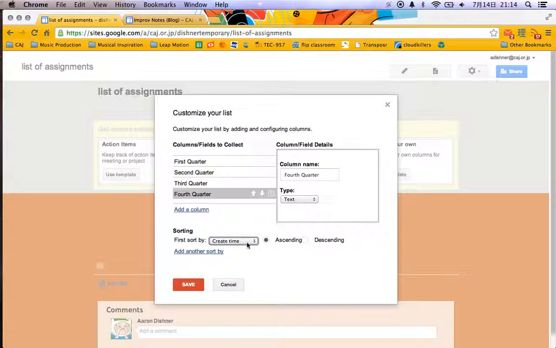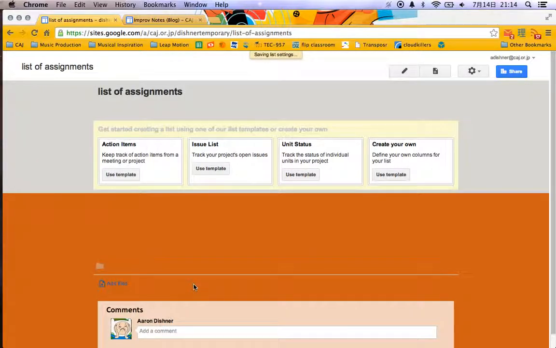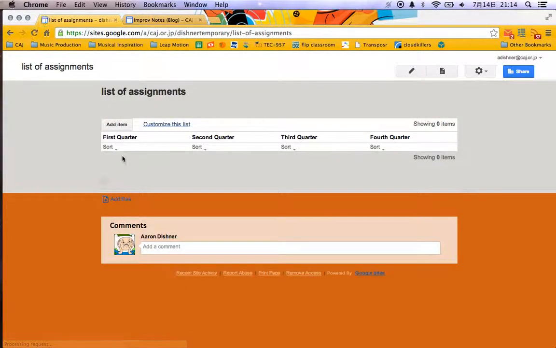It says first sort by. I can do it by edit time, but really it's more about create time. Once this is done, then it's going to have a bunch of different things, and now I can start adding